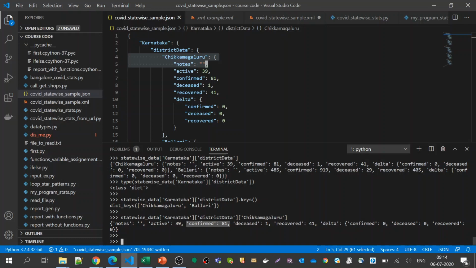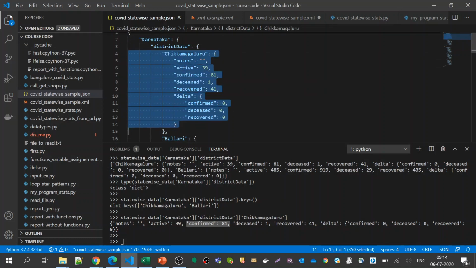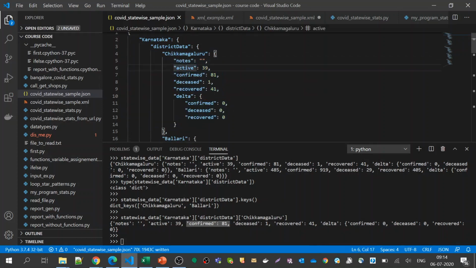So if we have a hierarchical structure, now these are called instances. Karnataka is one instance because it's an object. This is another instance of district. I can send multiple instances easily and in a very manageable format. That is why this JSON is used. So now I have actual data. Now let us see what is the type of this.